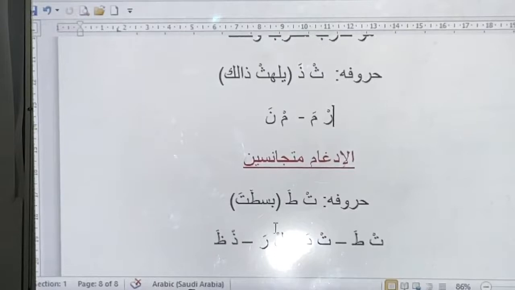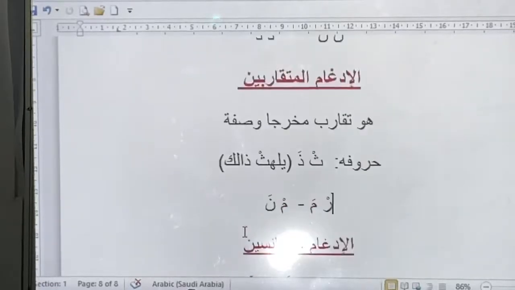So you can tell that whenever you're pronouncing the ta and ta, it is easy to remember, because pronouncing it is the same. Ta and da, you can tell they are coming from the same area. We have lam and ra, it's a bit different because the area is not quite the same. This is lam and this is ra. The area is not the same, but as long as you have to merge the two, they removed it from the merging idgham, so it falls here. And then dha and dha, you can even tell.